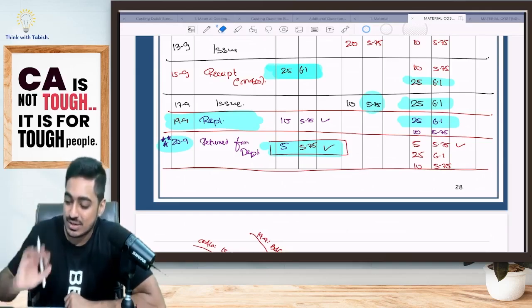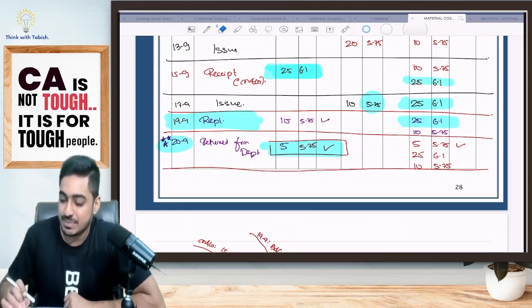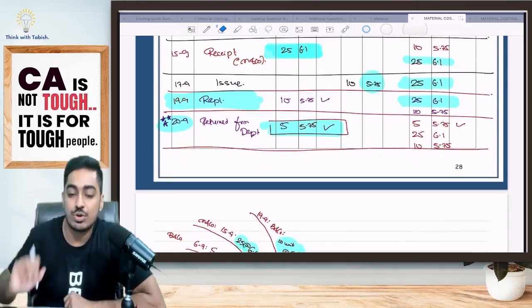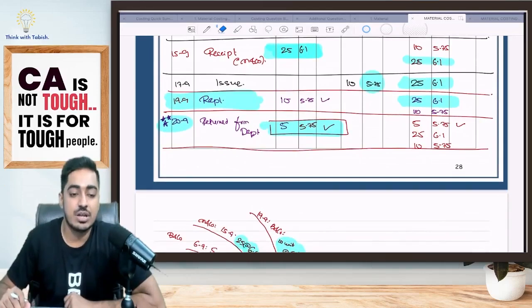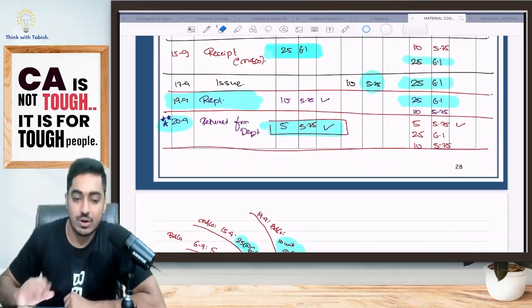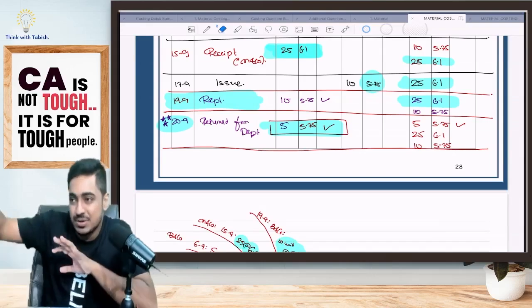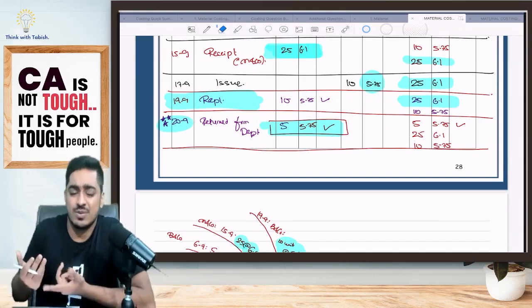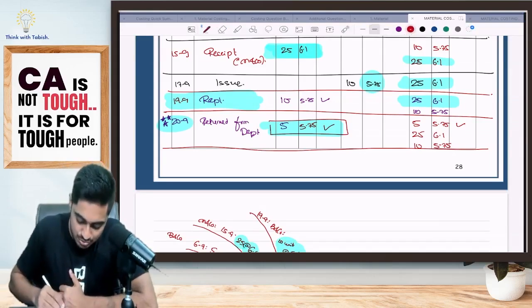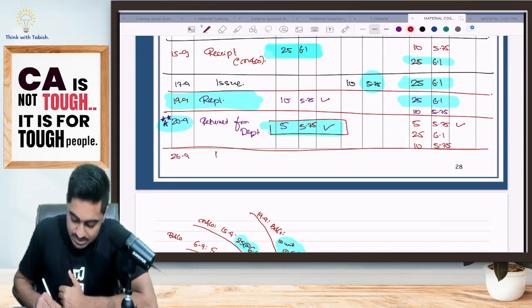Okay, 20th is over. Thereafter what is happening? Pay attention. On 22nd, we are doing a transfer from one job to another job. I've explained this already in our concept video. Inter-job transfer: there will be no entry in my stores ledger because they are just doing it between the jobs. We are not even receiving, not even issuing. So leave it. On 26th of September, I issued goods.